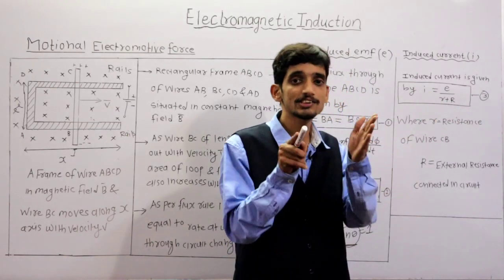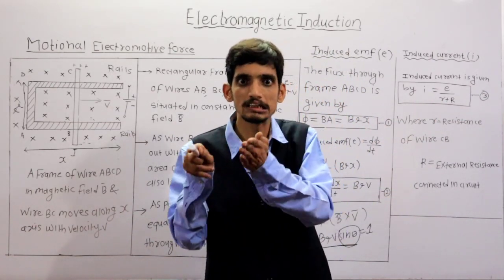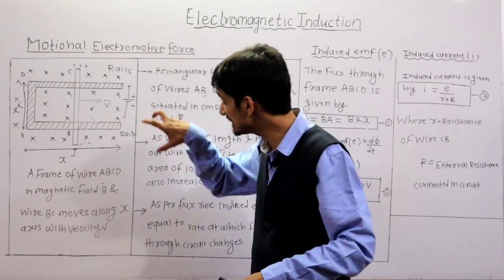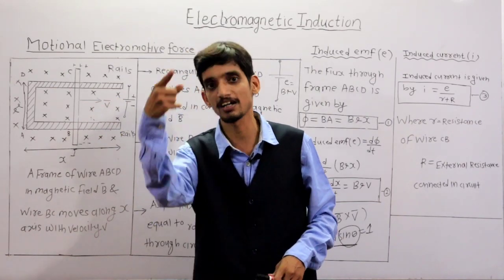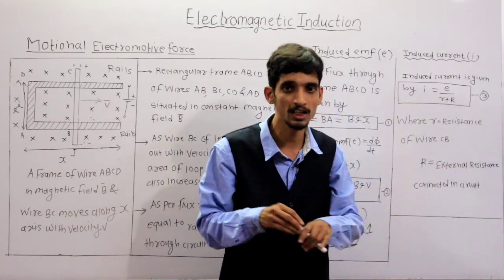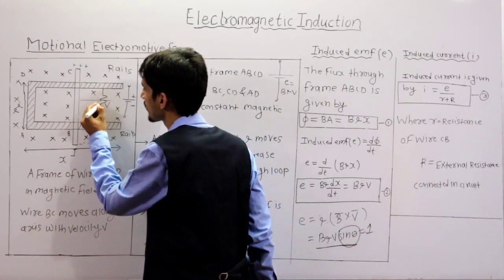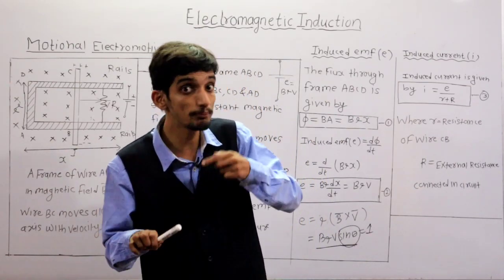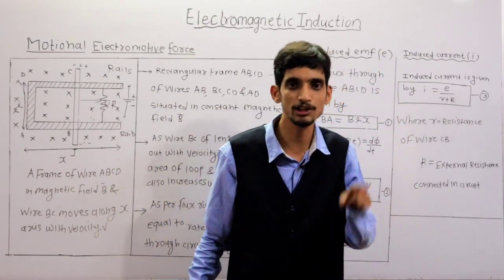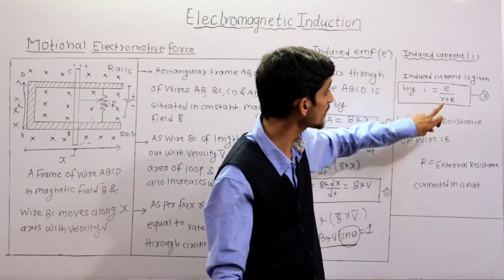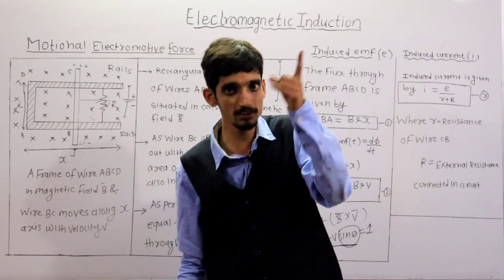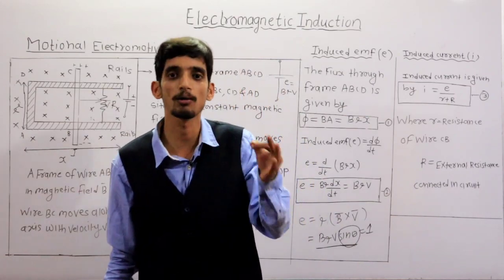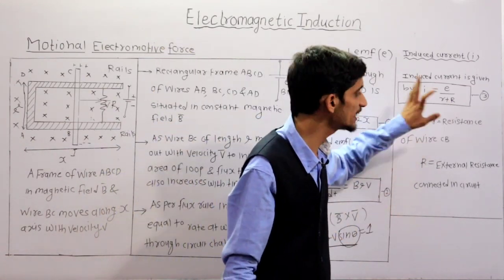So the small r is the resistance of the rod or conductor, and capital R is the external resistance which is to be connected. In this diagram I have not connected any external resistance, but if you want to use this formula, then definitely there should be external resistance. This is an important point here. Otherwise you may be confused from where this capital R comes. And another important point, this small r can be utilized if it is provided in the problem. Otherwise you have to only take capital R.